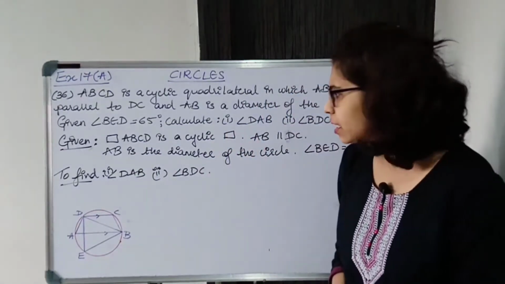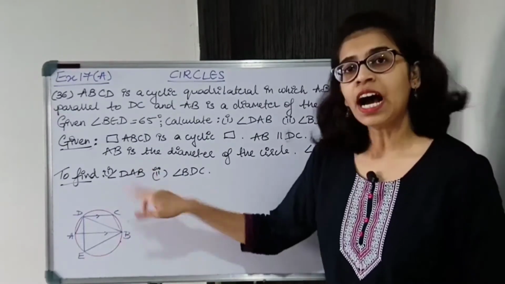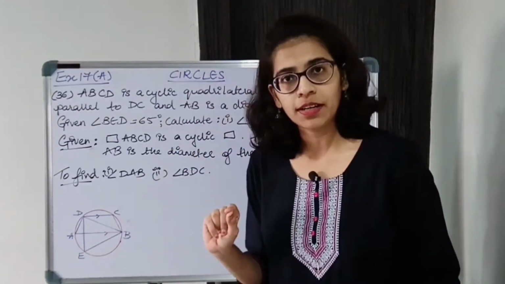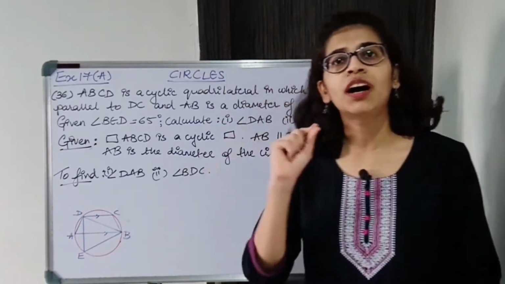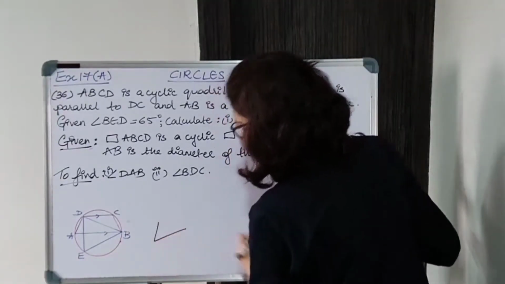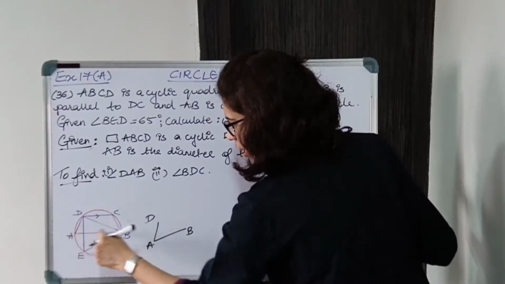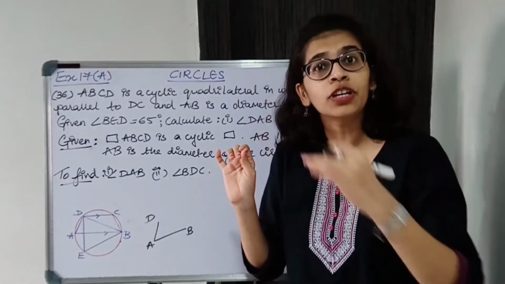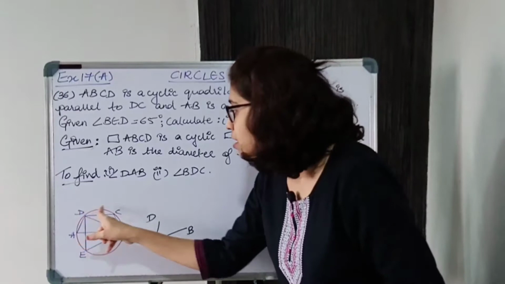First is very easy, we have to find DAB. Now we are given one angle's measurement, that is angle BED. BED's measurement is given. Now if you notice, angle DAB and BED both are the angles of the same segment. DAB is the angle that we have to find and it is subtended by this arc. DAB is on the circumference of the circle. Notice the angles that you have to find and the angles that you are given carefully. DAB is lying on the circumference of the circle and is subtended by this arc.